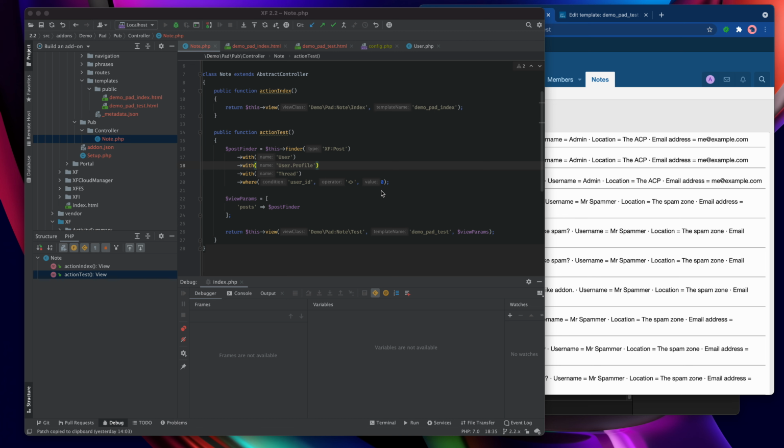So that's a quick roundup of some of the major functionality of entities and finders when dealing with data in the database. We've seen how to fetch data, including data that is related, such as users related to posts and user profiles related to users which are related to posts, etc. And we've seen how to update existing data and insert new data. But what we need to do next is to work with a custom entity that will be tailored to our new custom data for our Notepad Scratchpad demo thingy.